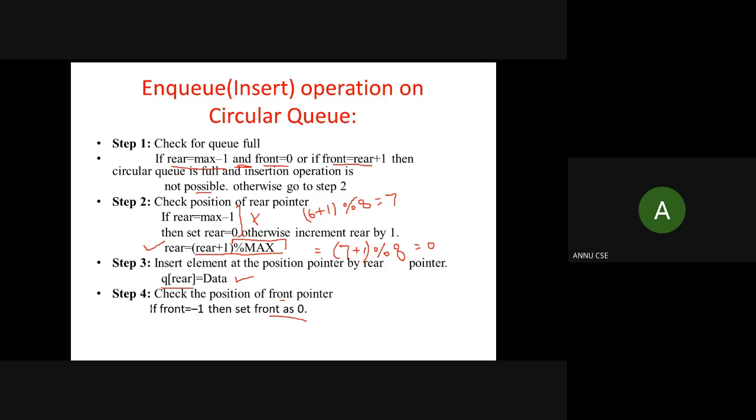This condition should always be checked, whether you are inserting for the first time or not, because if not, the value of front will be different, and it shouldn't be -1 in that case. I hope the process of insertion in circular queue is clear to you.